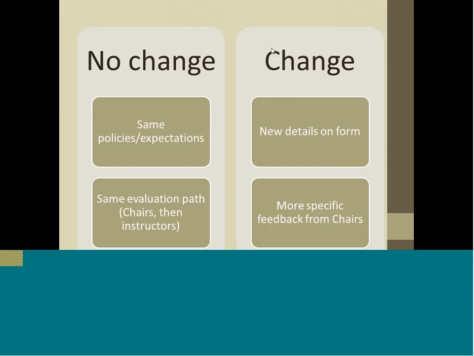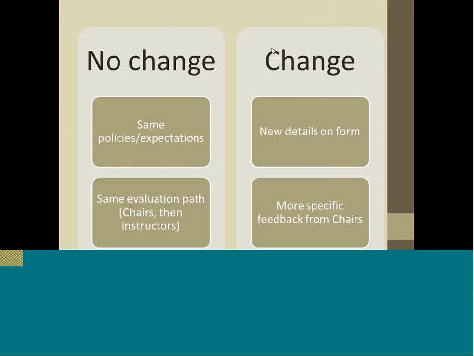And so on the right side of this slide where it says change, the new teaching excellence form that has been developed, which is replacing the old quality assurance form, has more details, more categories of instructor performance to meet that concern that many people had for a long time, that the discussions alone, while a very critical element of instructor presence and engagement in a course, were not the only important performance factors to review for an instructor.